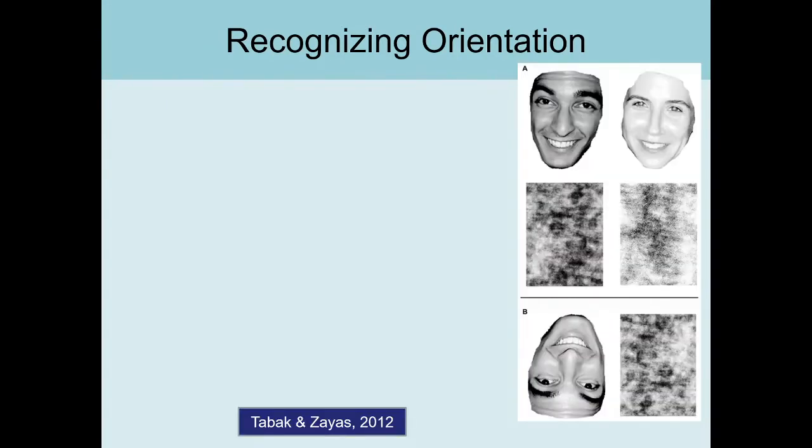So this study is from 2012, and they got people's faces off of Facebook, and then they removed any kind of identifying context from behind them, took away their hairstyle, no hint of clothing. All you're left with is faces. In part A, the faces were upright, and then they were masked. So you would see a flash of the face for whatever length of time you were assigned, and then it would be masked by that sort of indistinct gray and white patches that you see below them. In condition B, the faces were upside down. They were inverted, and then they were masked.